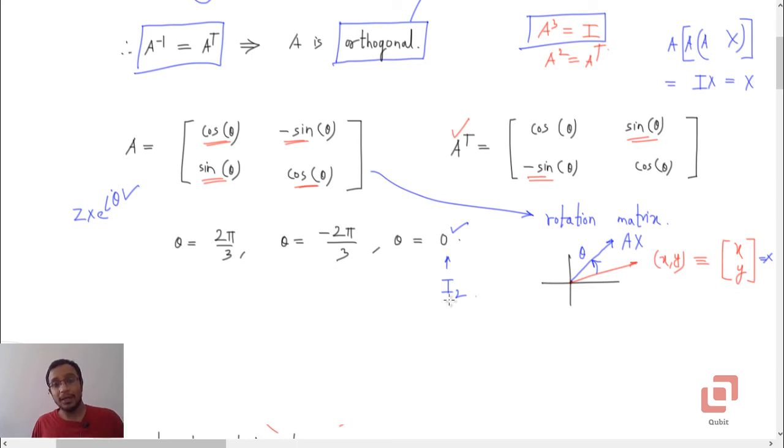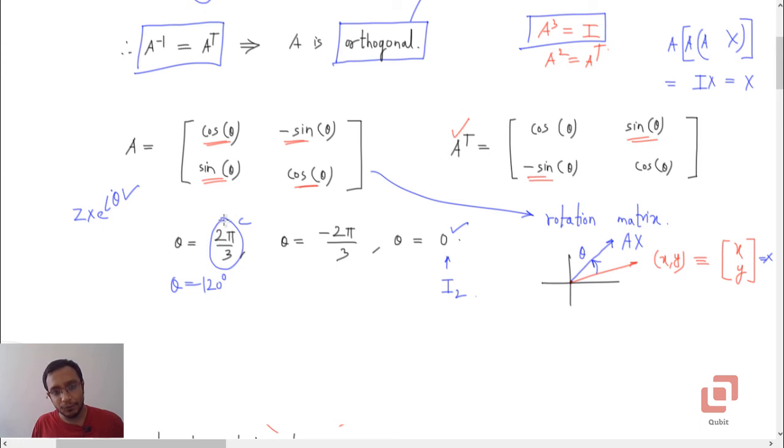But we also note that if we consider theta to be 120 degrees, every time you operate A on x, it is going to get rotated in anti-clockwise direction by 120 degrees. So if you operate it thrice, 120, 240, then again 360, right? So when theta is 120 degrees or 2 pi by 3, you're going to get the same result, that is A cubed equal to I. So theta equal to 120 degrees or 2 pi by 3 results in yet another matrix for which the cube is equal to the identity matrix.